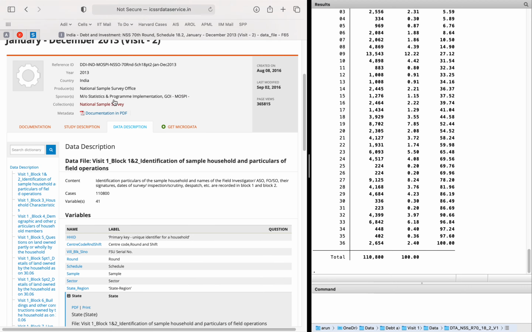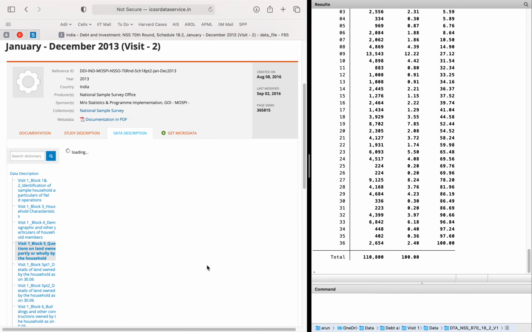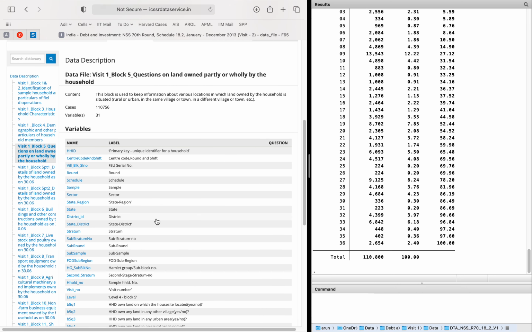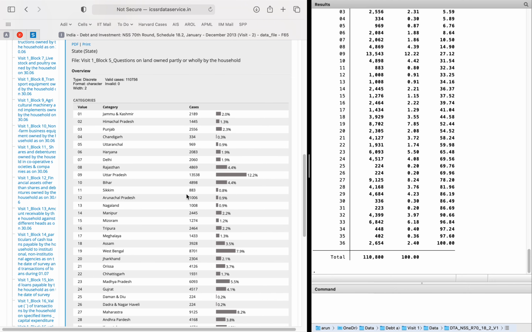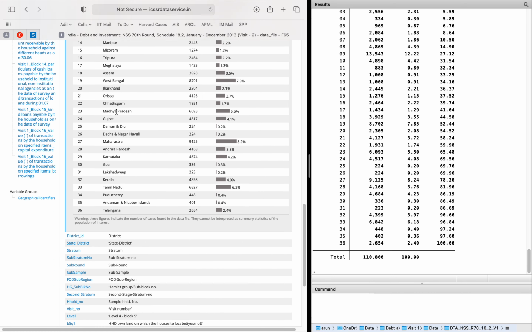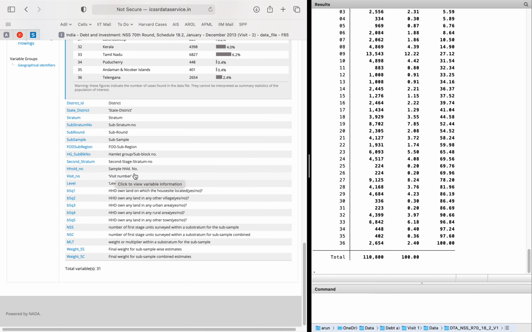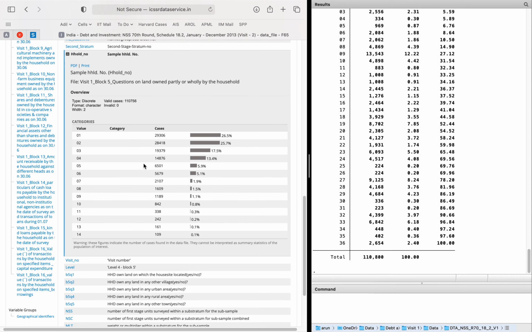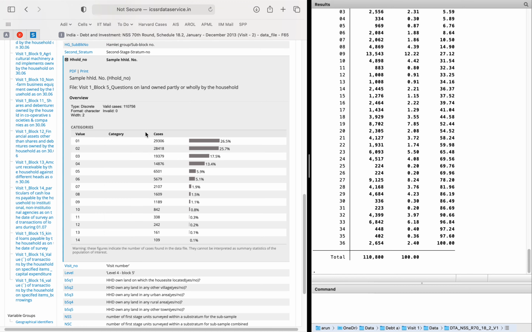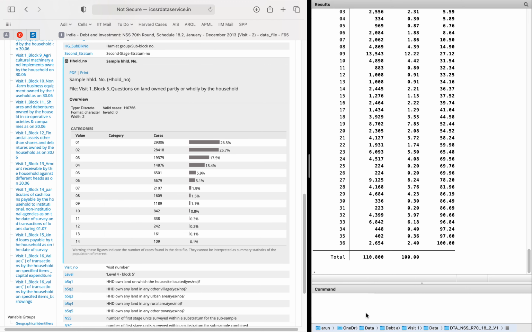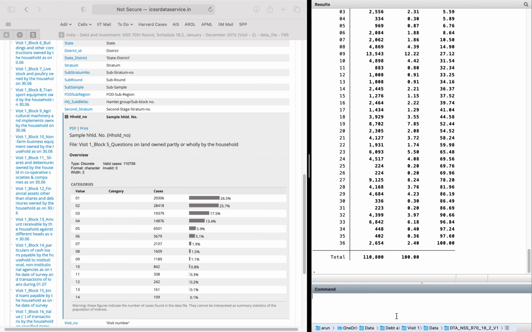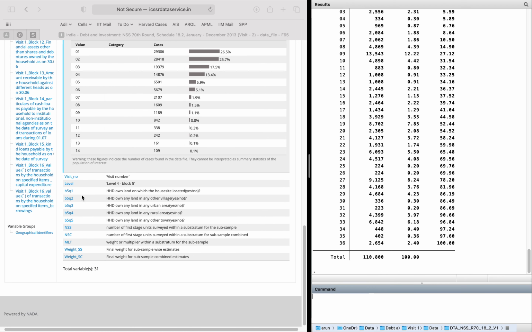In the same way we'll try another block, for example block 5. In block 5 again we'll try state only. Here it is 2189, the same observations are there, so we'll try something else, for example sample household number. The code is not there. Something which is, yeah, all this information.